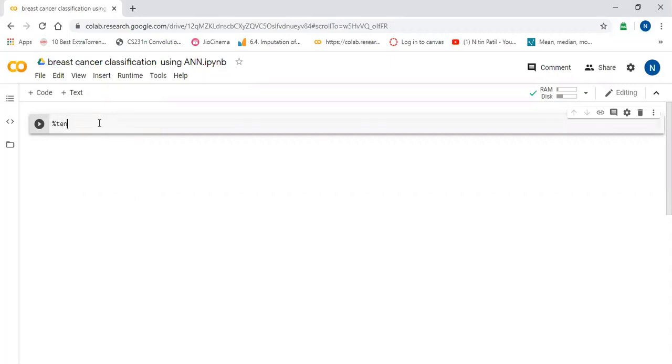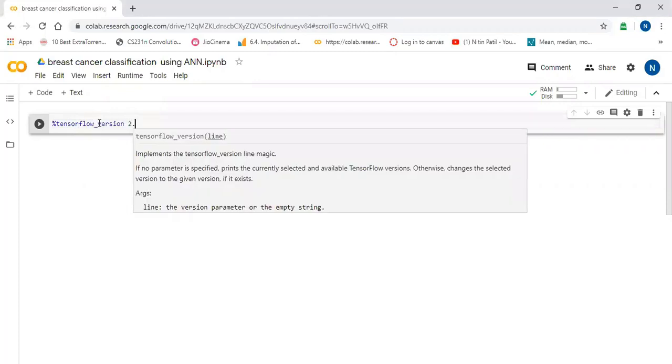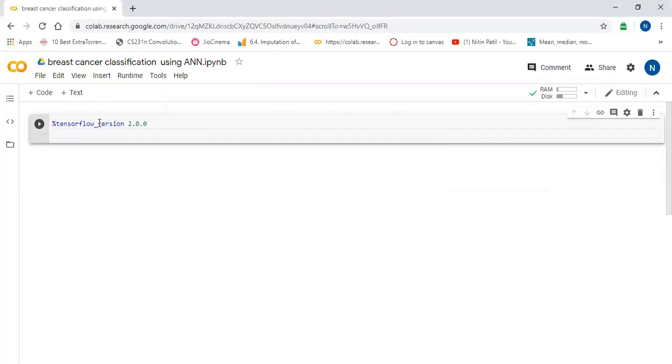Percent TensorFlow version, I will say 2.0.0, I will use.